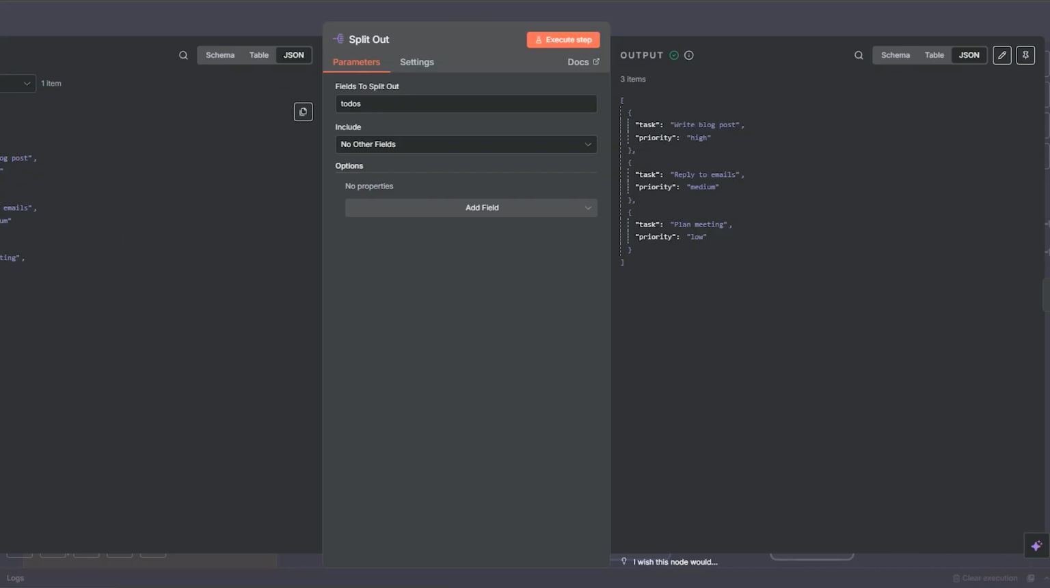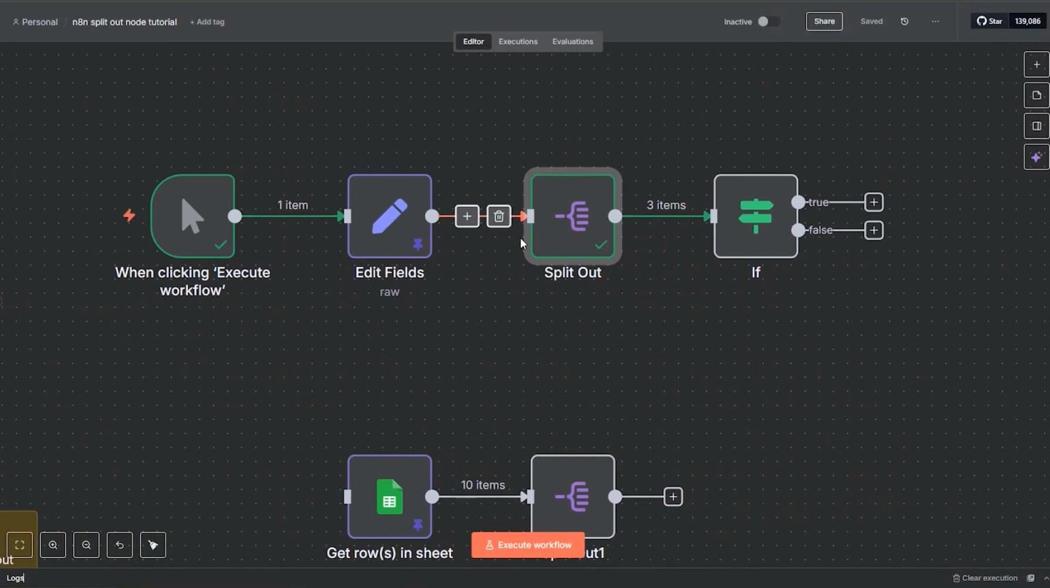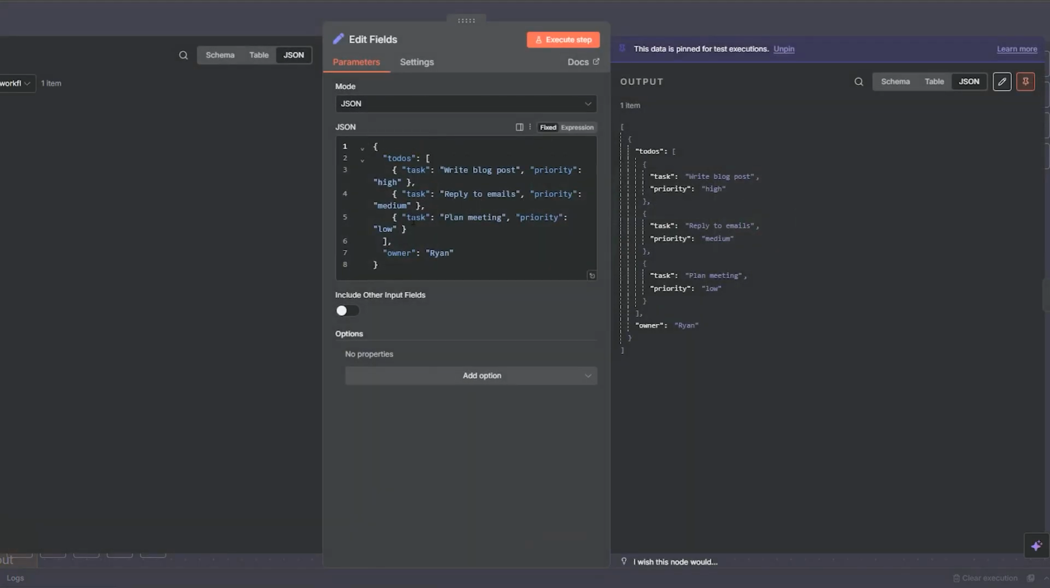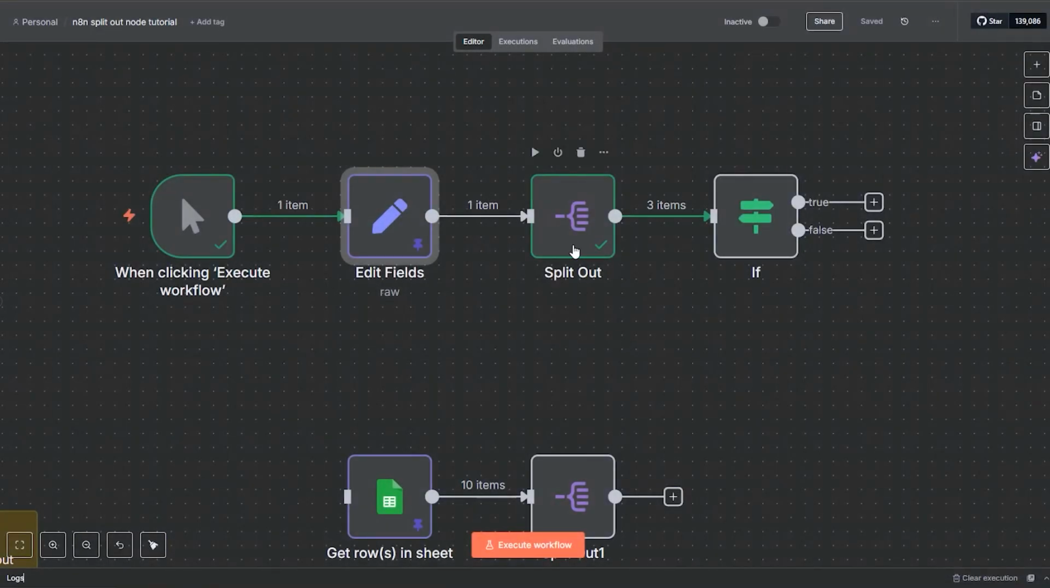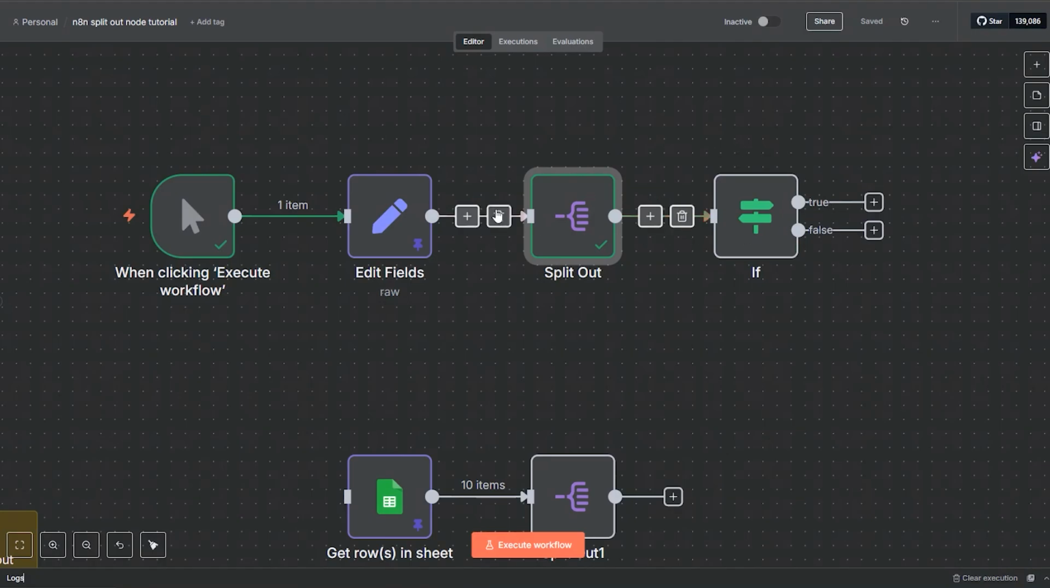Instead of to-dos and owner, like this has gone away, this has gone away. And now we just have task priority. And you can see our items have been expanded, right? We've gone from 1 item in general, which was all of this JSON, right? Now we have 3 items, a task and a priority for each item. Now, what we can do with this now is we can take this along with our workflow and we really